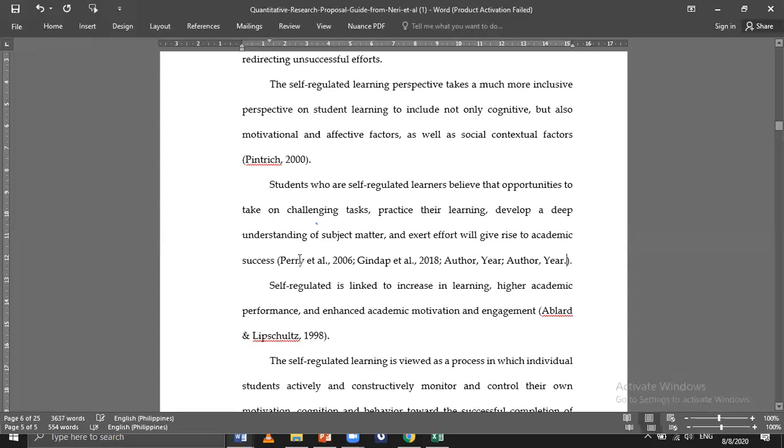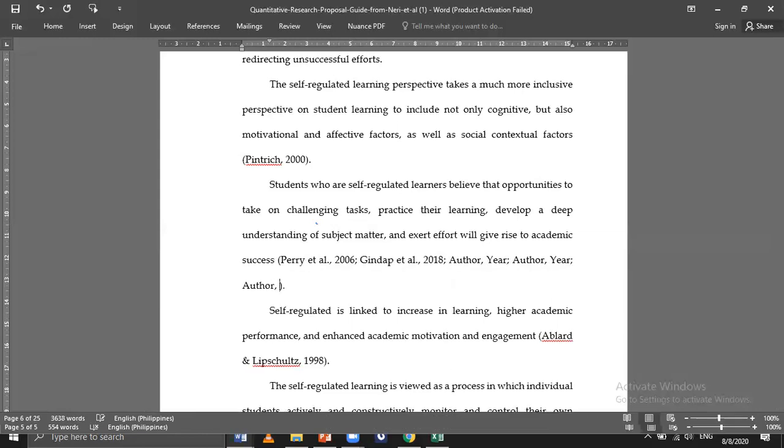So one author, two authors, three, four. You can have another one, to the semicolon. Then we have another author and year. That's it. So in one idea,